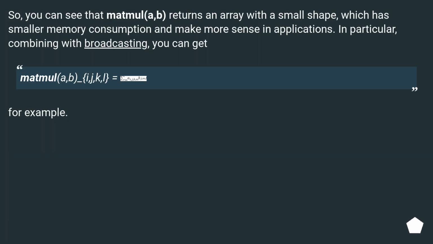So, you can see that matmul(A, B) returns an array with a smaller shape, which has smaller memory consumption and makes more sense in applications. In particular, combining with broadcasting, you can get, for example,